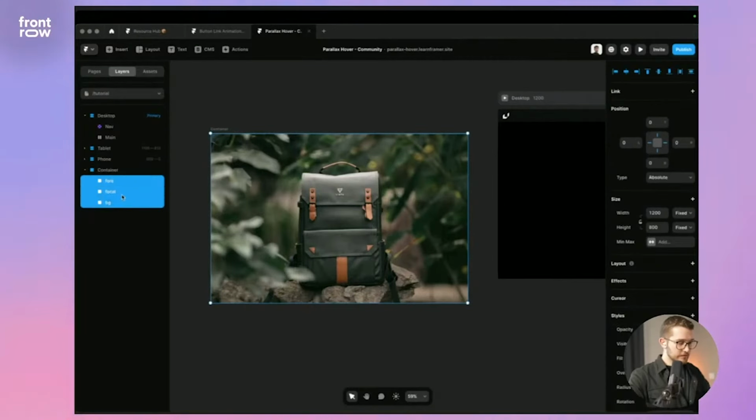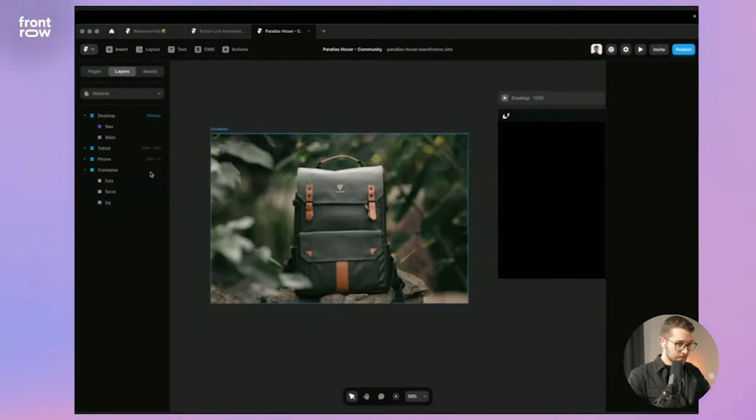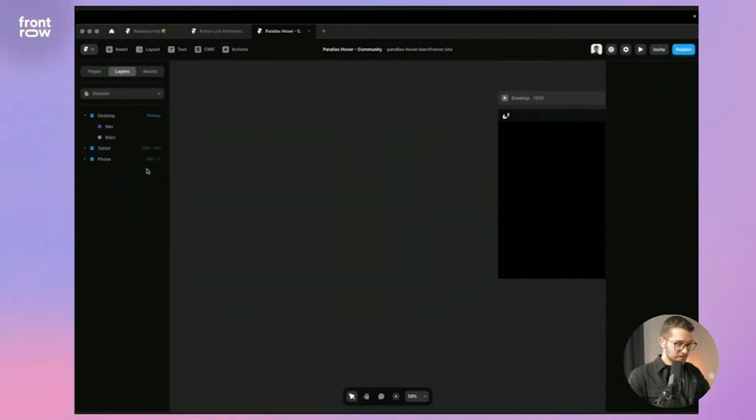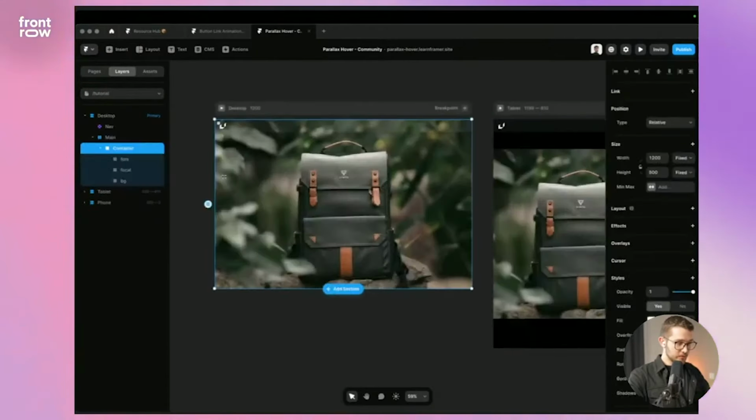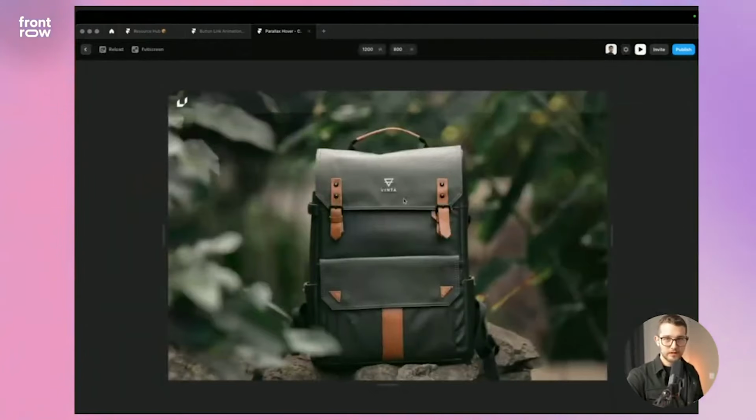Then I'm gonna select all of these layers within and just make them a little bit bigger like this. And then I can just Command X here, Command V within the main, and width will be fill, height will be 100 VH. So it will be always filling up the 100% of the given viewport. Cool. So now if we preview this, of course, nothing happens if we hover because we have to add the